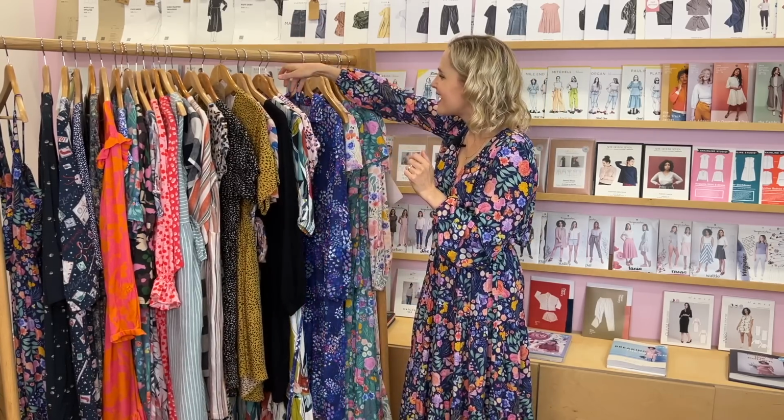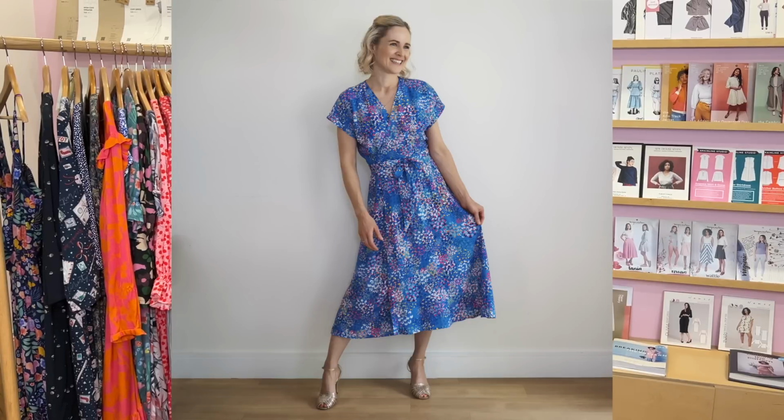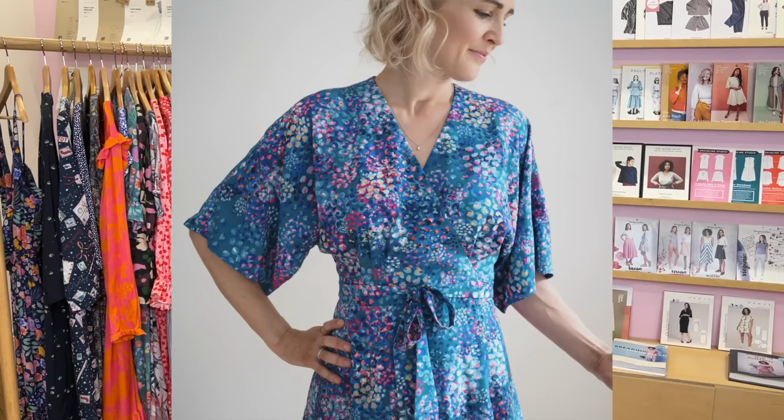And then the next one is another Closet Core one. This is the Elodie, which is a wrap dress. It probably doesn't look that much on the hanger, to be honest, but it's a really lovely design. It's got little grown on sleeves, it's got little release pleats here, so it's like little pleats that don't come to a point, so it does kind of blouse over the bust a little bit. And then it's a wrap, just a quite simple A-line shaped skirt, which in the viscose hangs really